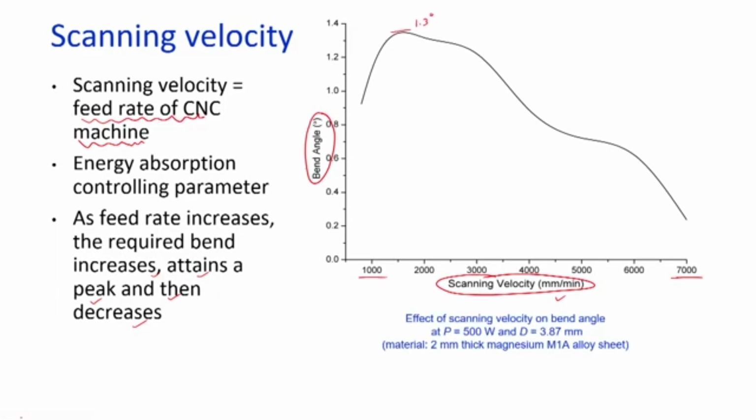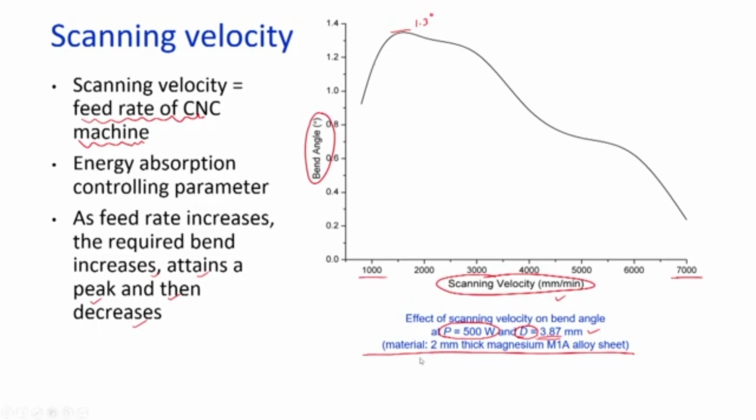These process parameters are used for a constant laser power of about 500 watt, and the laser spot diameter was 3.87 mm. The material used was magnesium M1A alloy sheet, and the thickness of that sheet was about